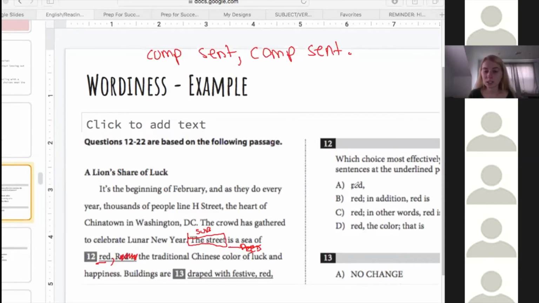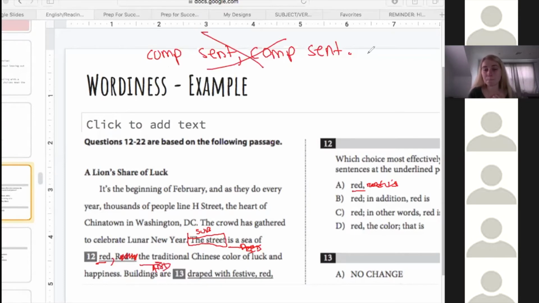But notice here, this just puts in red. Then it doesn't say red is after it. So here, now after this, I'm just saying the traditional Chinese color of luck and happiness. Well, what about the traditional Chinese color of luck and happiness? It has no verb there, no action that the traditional Chinese color is doing. So therefore, I just have a subject, or maybe not even a subject, it's really just additional information there. So I have a subject, predicate, and then all after this is additional information, which counts as not a comma